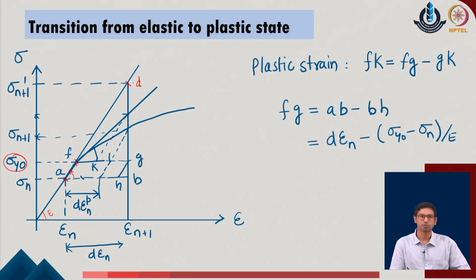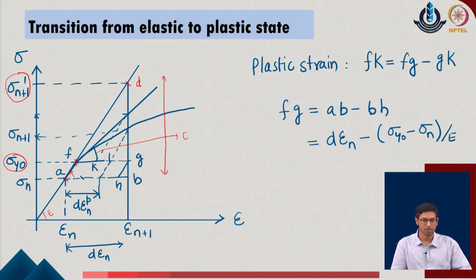Based upon this given point D which is located, the initially predicted value of the stress increment or the stress value will be sigma n plus 1 prime, and this is the amount of stress increment which has been provided to the given system. But now, when we calculate that corresponding to any point where the yield has taken place on the system, the tangent stiffness on the system will reduce from the initial value of E, and now it will become the updated tangent modulus, say if I come up with the constant value Et in the given system.